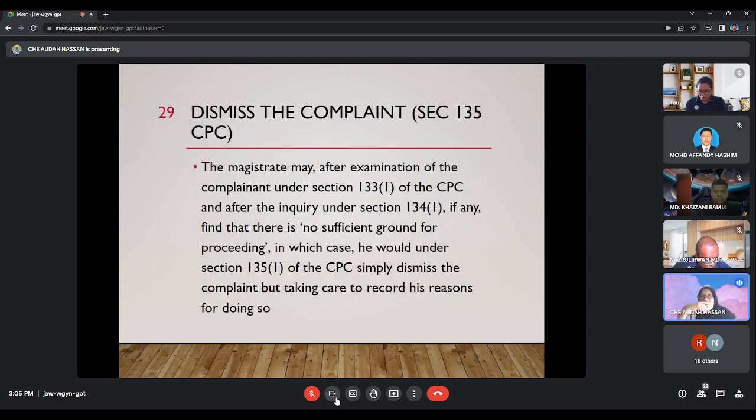Salah. Simply dismiss the complaint but taking care to record his reasons for doing so. Dia macam polis juga kan? Bila polis, when you conduct an investigation, you dah buka file, then you call the witness, and at the end of the day, you akan submit the file, the IP, the investigation paper kepada